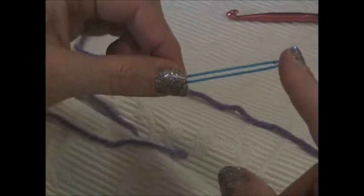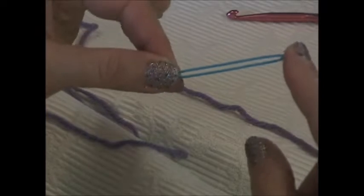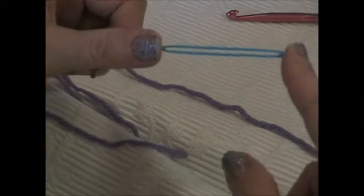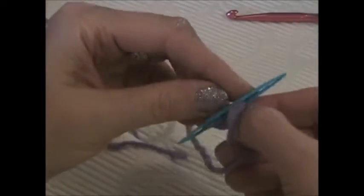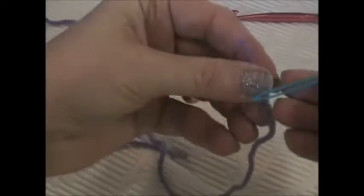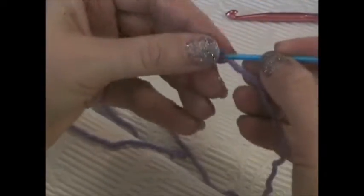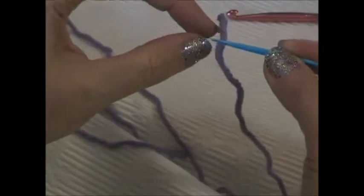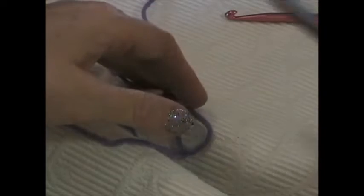My choice is these little weaving shuttles. They are amazing. I've only found them at Hobby Lobby. I'm sure you can get them online, but they're amazing because you just poke your little yarn in there, and if you've got a little tiny itty bitty end, you can work those ends in. They're really, really nice. I love those. You'll need a pair of scissors,